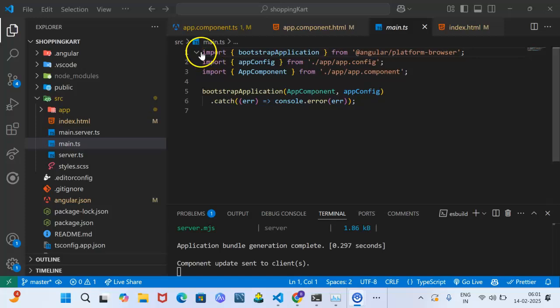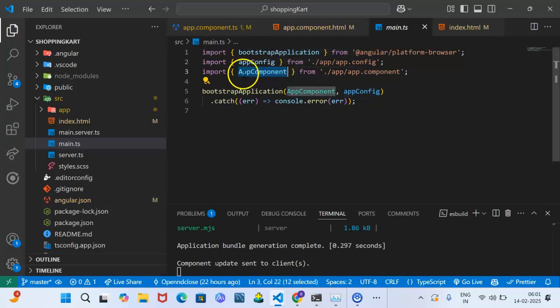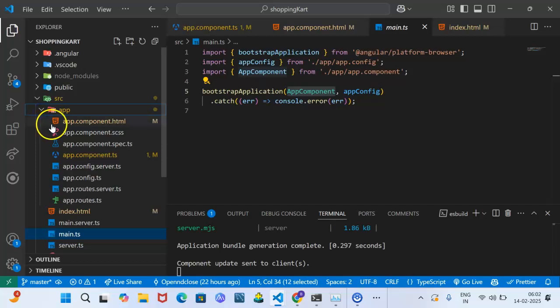Here we have some imports. Imports are nothing but class files or some exported functions or variables like this. Import AppComponent from ./app/app.component. bootstrapApplication is one function which is imported from @angular/platform-browser. Here we are saying which component we have to load first: the app component. So this is the app component. In this folder we have the app component